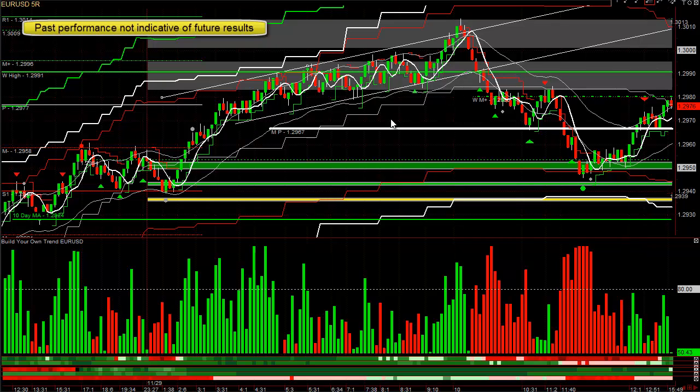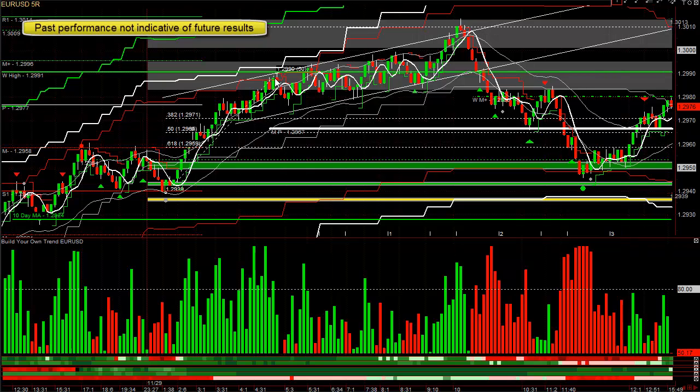You also want to draw your fibs off the last wave. Let's say from this low right here to the first wave up. Notice it's also the 1.382 fib off of this first wave. And if you click on this, you can see,